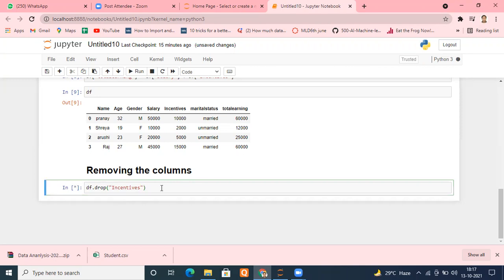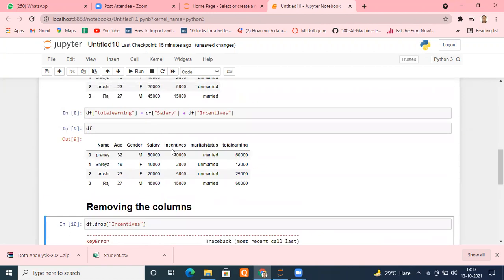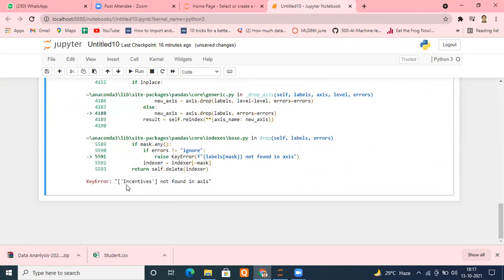See, I got an error. Okay. The column name is incentives only, right? Same I have typed incentives, but it will show that it is not found. Can you see that? Incentives not found in the axis. And why it is happening so?